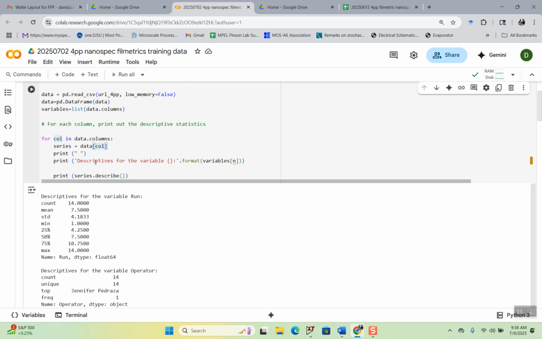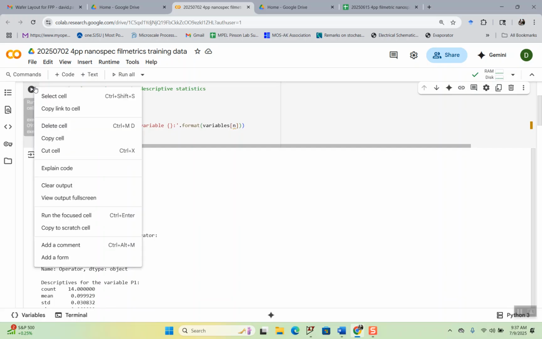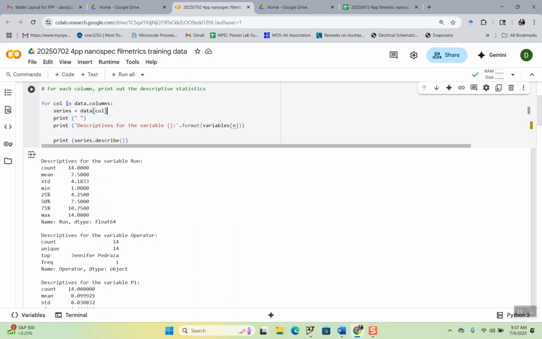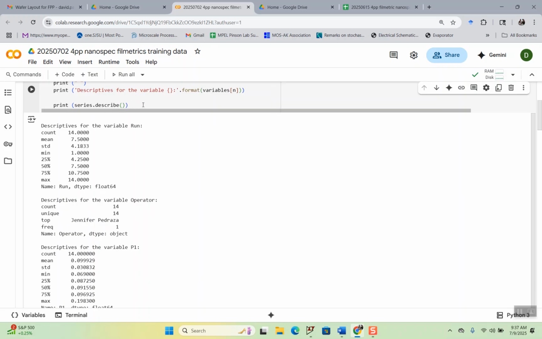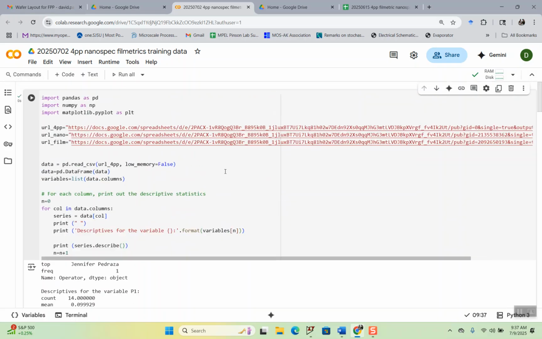I print out a space, and here are the descriptives, format, variables. Oh, maybe that's, just let me, I had deleted some code. I said, why do I have that variable there? Anyway, so now,